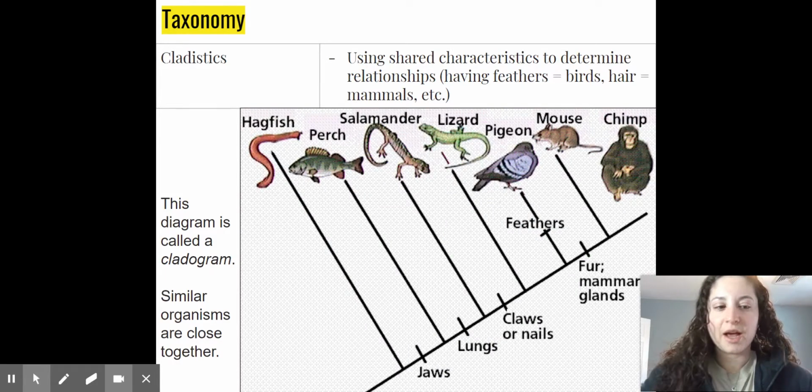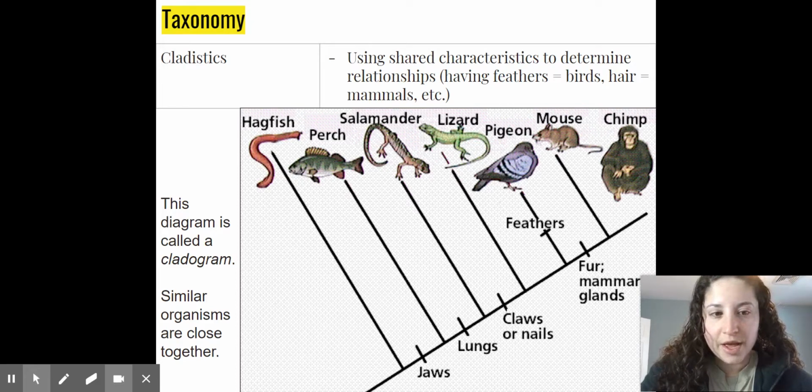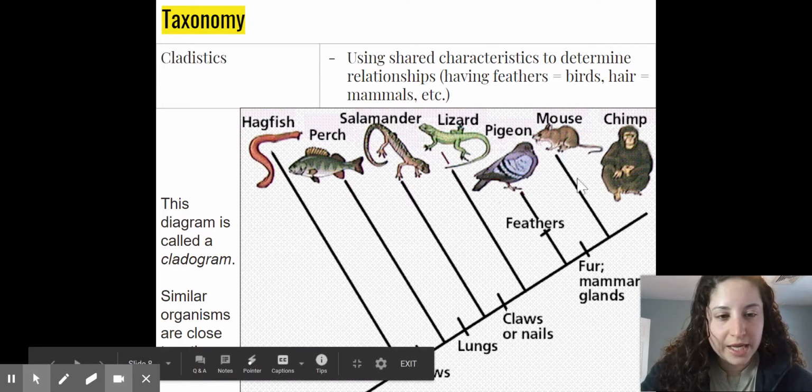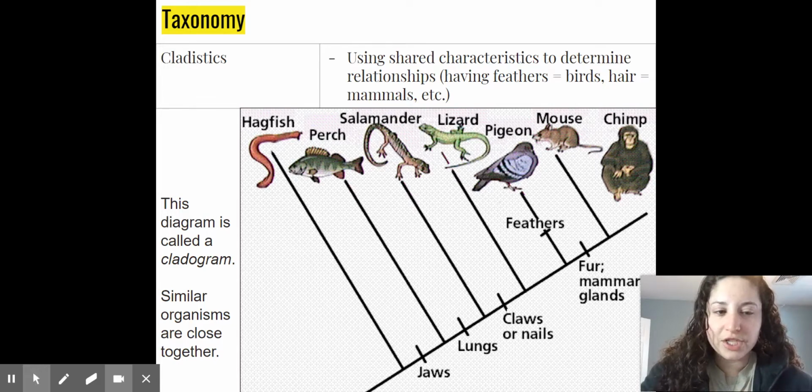Before we do that, for this classification system, we can put it into a diagram or chart form. And this first type of diagram is called cladistics, or a cladogram. Basically this is showing the shared characteristics of different organisms to determine their evolutionary relationship. So for example, the chimp and the mouse connect right here. They are closely connected, so they are more related to each other than the chimp and the hagfish over